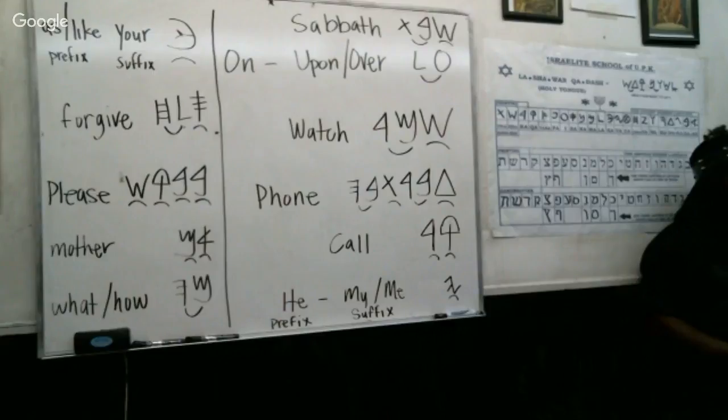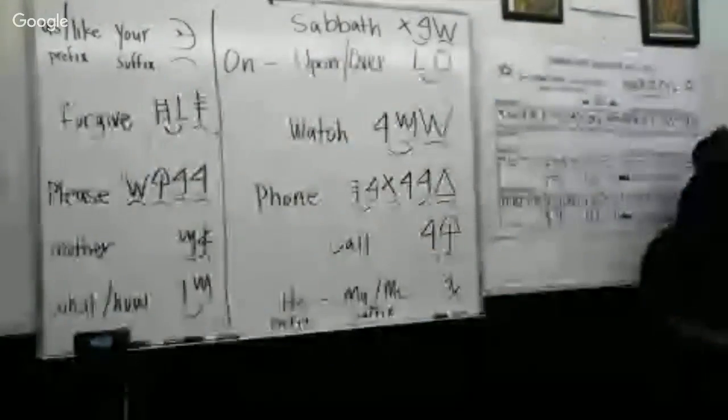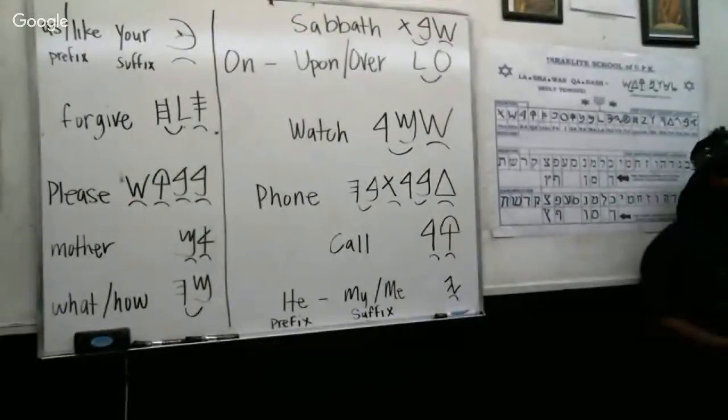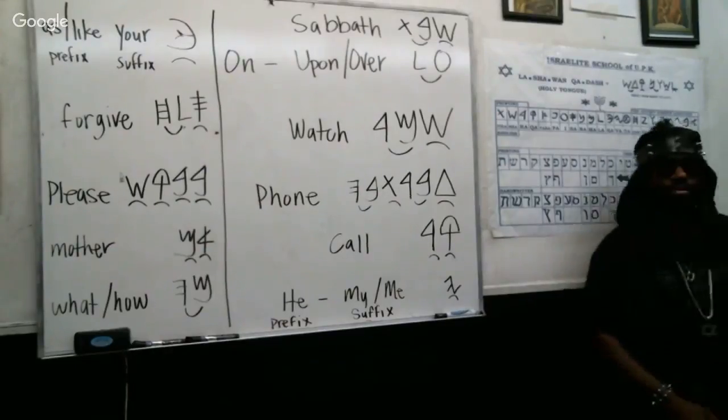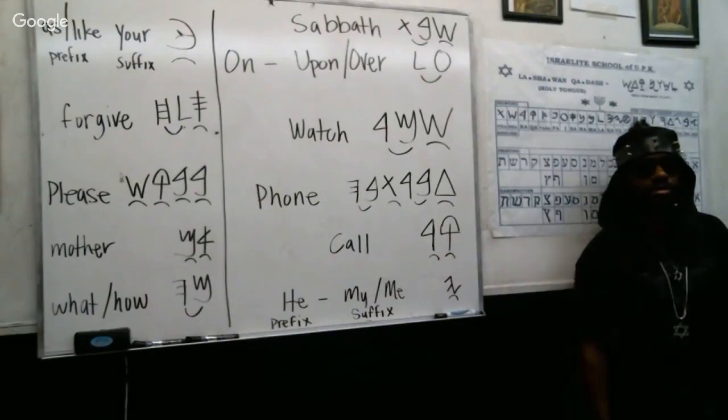So Magun don't mean king. Magun means shield. The Magun Dawadah, shield of David. This is the Magun Dawadah, this shield of David. Go ahead, sis. I think when we say the prayers, Magun, shield or protect is Magun. Bless, heal, shield, protect. But we gonna see, y'all moving too fast, man.